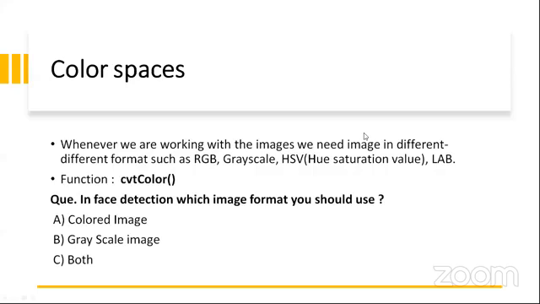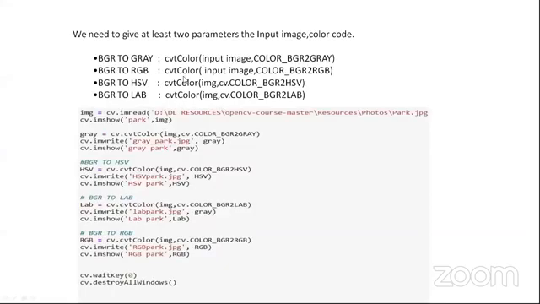Moving forward, how can we do the color conversion in OpenCV? The function is very handy: cvtColor. We need to input the image. In this, we have to give two parameters. First is the image on which we perform the operation, and second is the flag. We have various flags, just like for BGR to gray, we have cv.COLOR_BGR2GRAY, and for BGR to RGB, we have cv.COLOR_BGR2RGB. We have a lot more. We can do vice versa also.